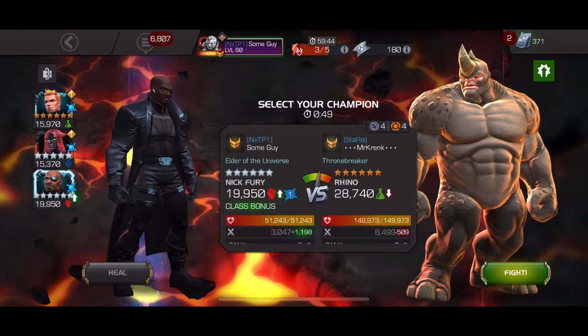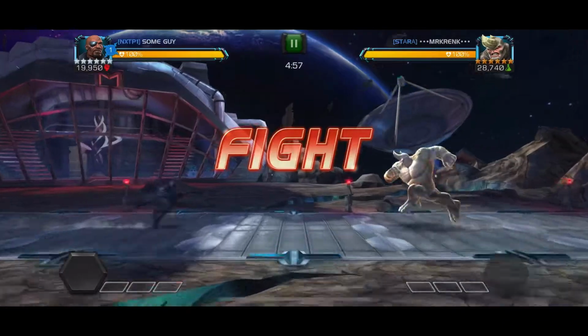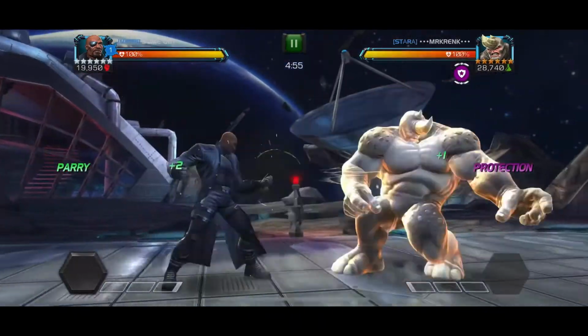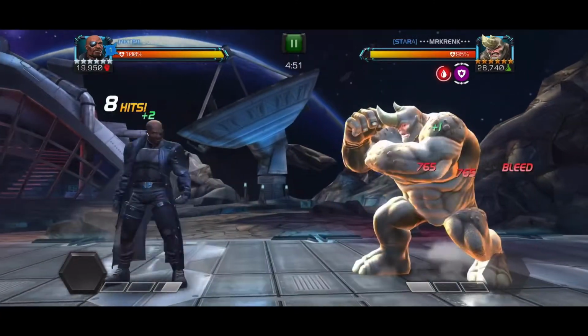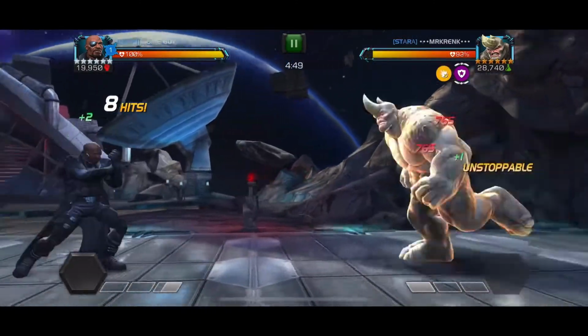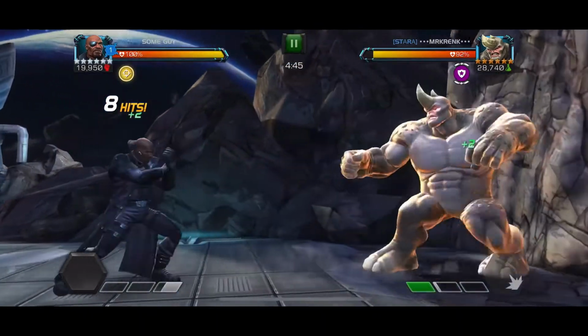Very common placement for Rhino. I used to use Quake, but I have timed out with Quake on this node just because of Rhino's high physical resistance, especially when duped. And I've also used She-Hulk, and I have died with She-Hulk because of the mix-up with the passive furies